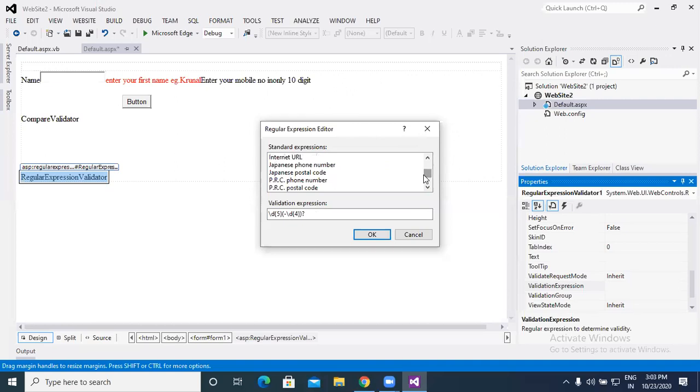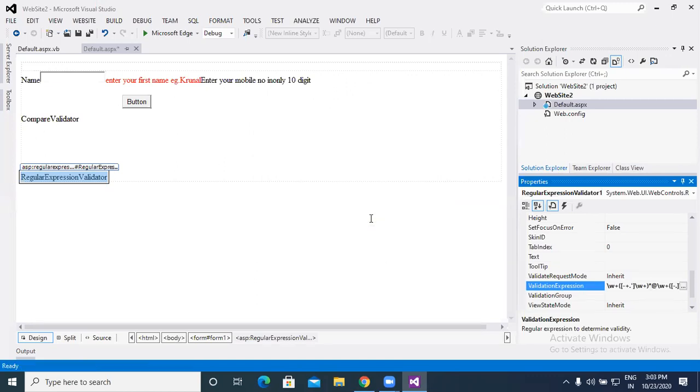Basically we use this standard expression available in the regular expression validator, and we can check whether our email address is correct, our website name is correct, our phone number is correct, and our pin code number is correct or not. It is checked with the help of the regular expression validator control.